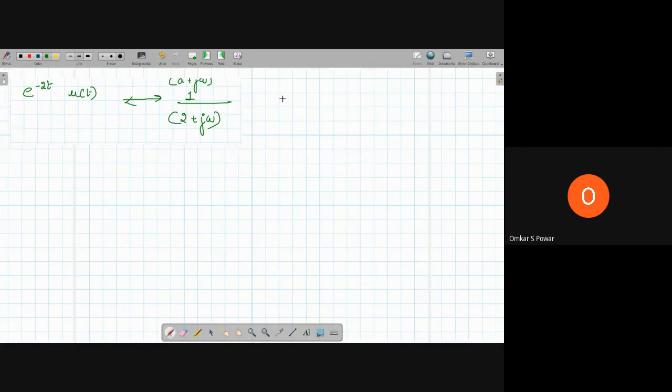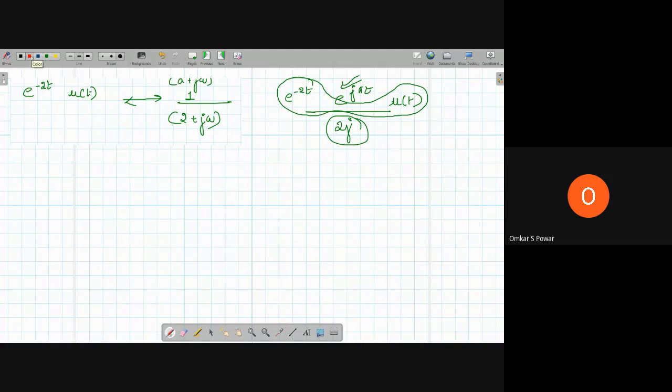Okay. So on the right side I will write what we want: e power minus 2t, e power j pi t, into u of t, divided by 2j. So now we have finished e power minus 2t u of t. Then, as I told you, we have to multiply by e power j pi t and divide by 2j. In order to multiply by e power j pi t, I have to use a property. What is the property I'm using? I'm using the frequency shifting property.